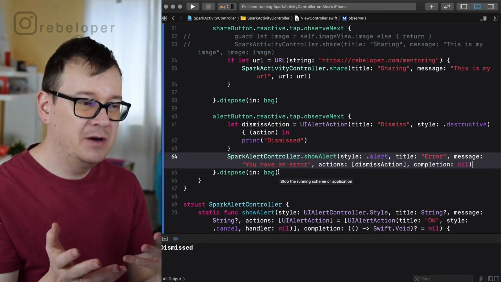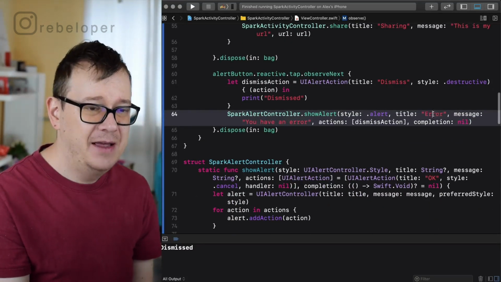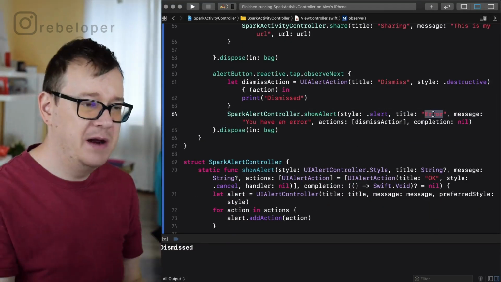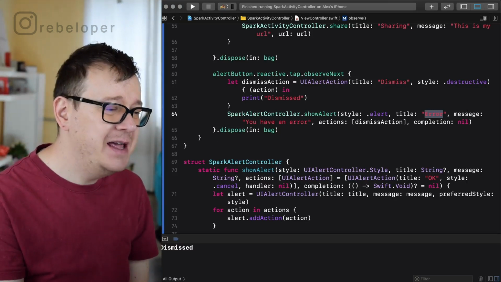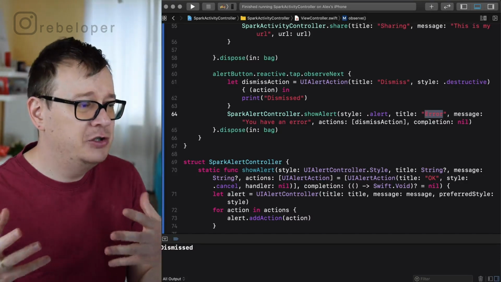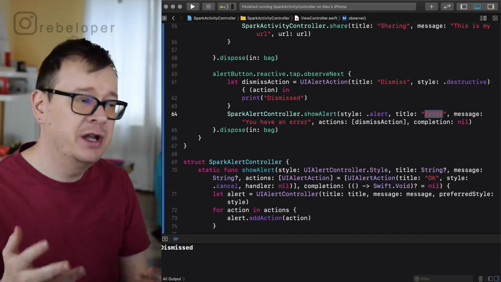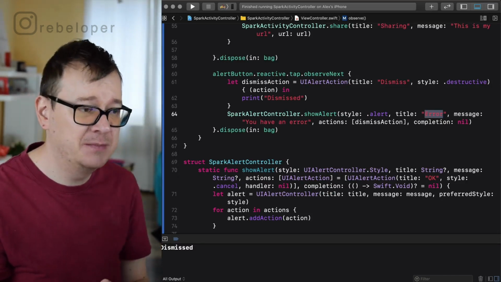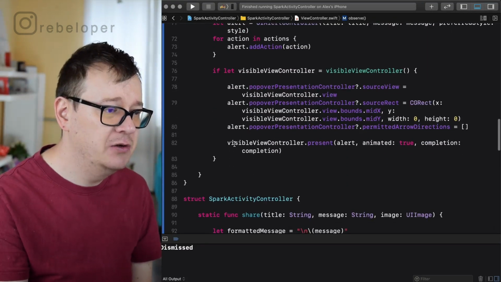So first of all, in many cases this error title should be an error, and for the message we only need the message. So let's create a little convenience method that should be called show error, or you could just go show warning or show success. Go ahead and take a look at Spark UI for more details. But for now, let me just go ahead and create